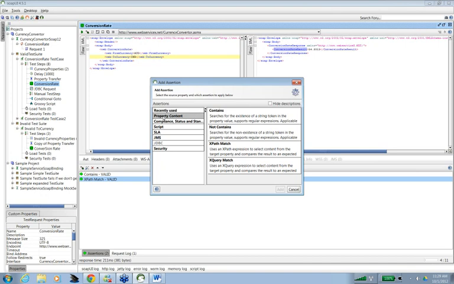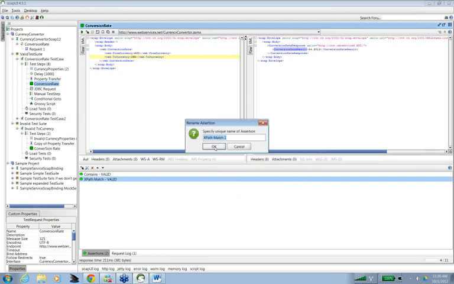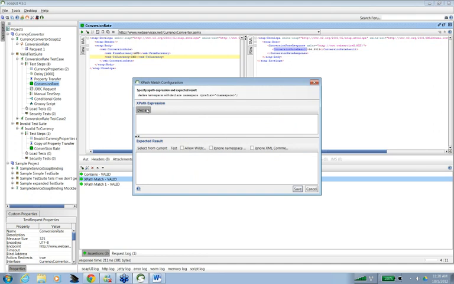These property content assertions are on the values returned in the response. It can be a tag, or it can be the text for the tag. So let us try to do an assertion on the tag.